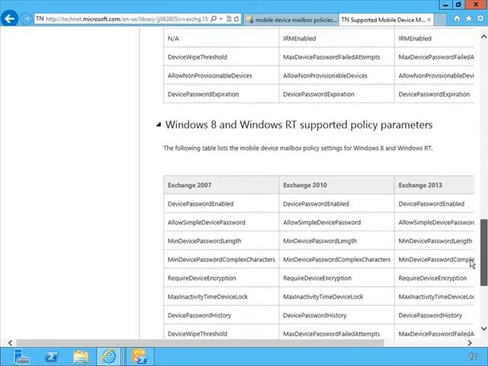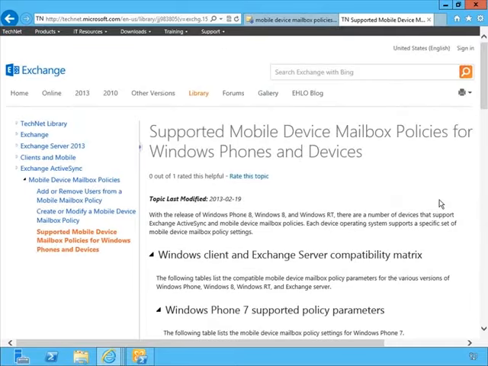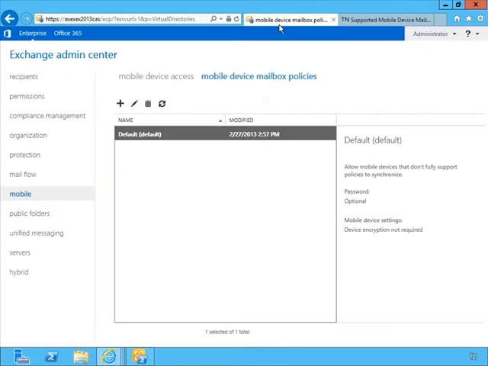And here you can see Windows 8 and Windows RT supported policy parameters as well. So that's very helpful to know what policy settings are configurable depending on the device that you're working with. Now going back to the other